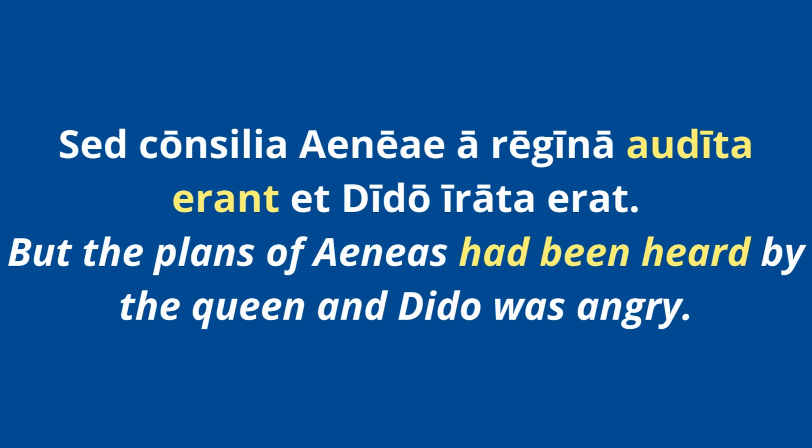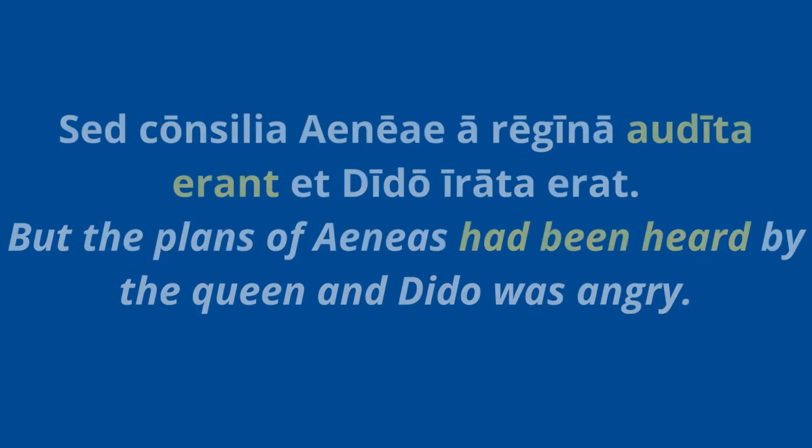Errata here is not a verb. It's not a fourth principal part. So you're not dealing with passive voice of anything. You're just dealing with a normal adjective. Again, the reason I'm kind of harping on this is you see this a lot and it can be confusing, particularly in this sentence. If you weren't paying attention, you might be like, oh yeah, I have another pluperfect passive verb. You don't with errata, erat. It's just the verb to be going with an adjective. So always pay attention to that.